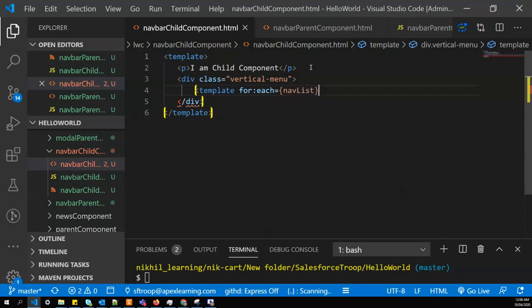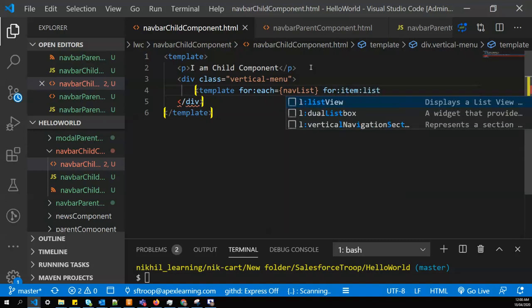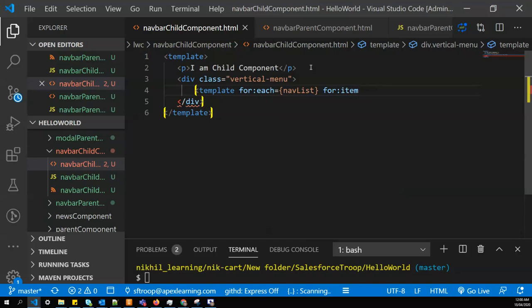That will be nav list that will come from the parent, and each item is list. That's the alias for the current element within the loop,